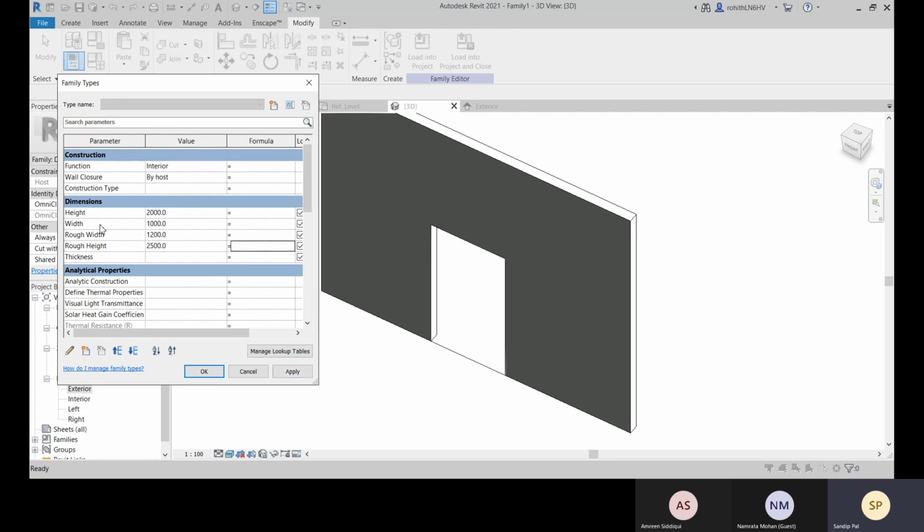I'm just applying. Okay, what is the difference? And then click on apply. Height and rough height. Height we generally calculate from the floor to the panel. There will be a panel, right?